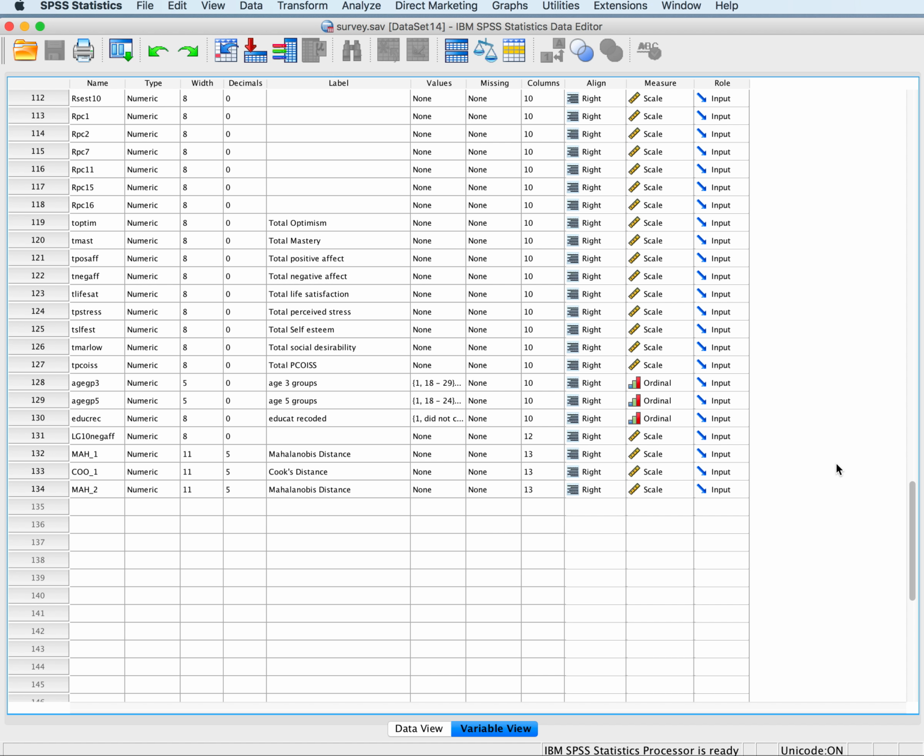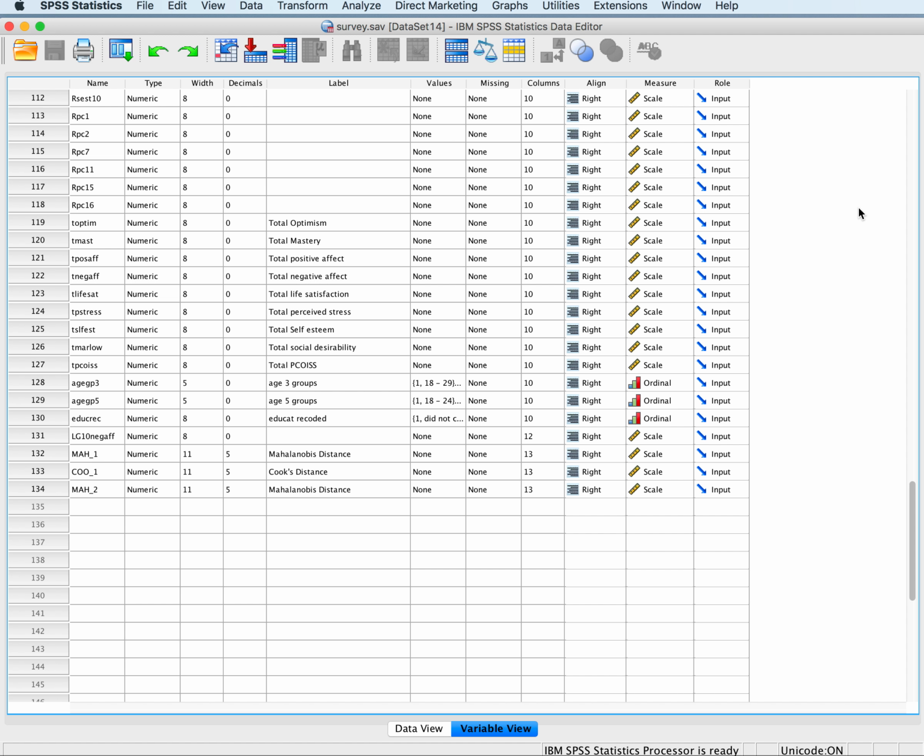What we're going to do in lab today is walk through a two-way between-group ANOVA, and we're going to use the survey.sav file that's in Canvas. So why don't you pull that up if you haven't. And what I'm going to do is walk through the steps of the procedure and then